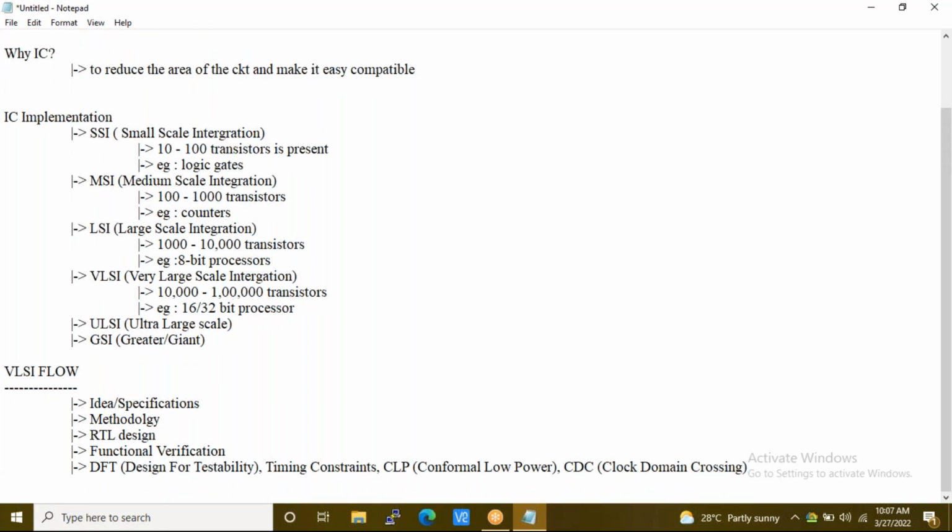Okay. So first, I'm writing out the flow with all that, just an overview. Later on, we'll go in depth into what each and every stage is doing. Okay. DFT, timing constraints, CLP, CDC, like that multiple teams are going to be working here for you to support.